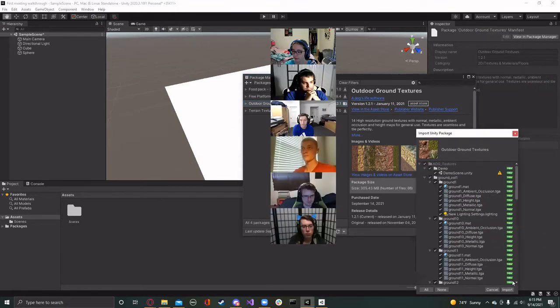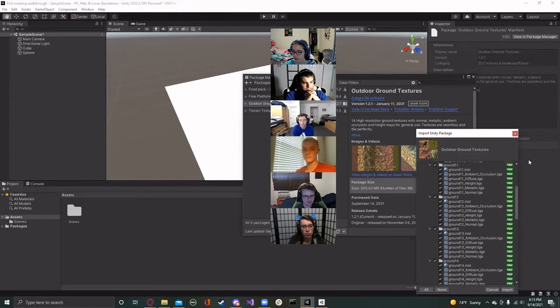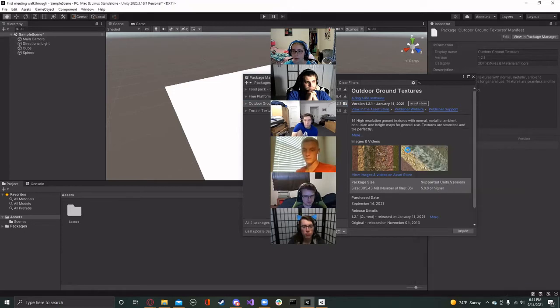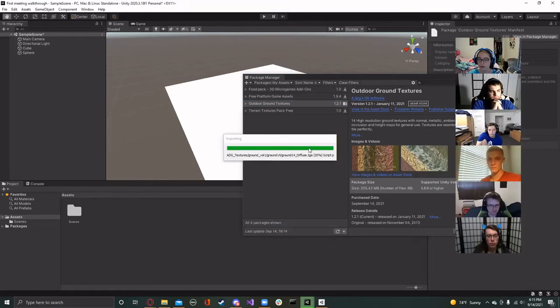So now we just make sure everything is checked. If there's something specific that you want from an asset and you don't want to take up space and make your project cluttered, you can just click that one. So say I just wanted this ground one. Then I could unselect everything else, but I do want everything. So now it's going to import everything, and then eventually,